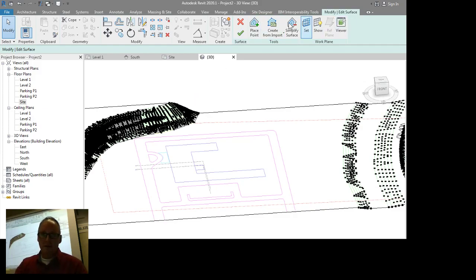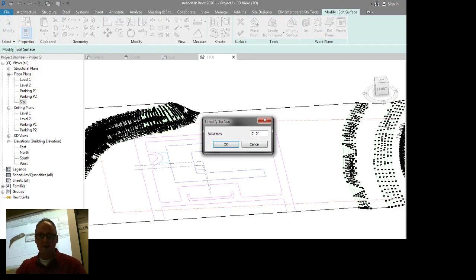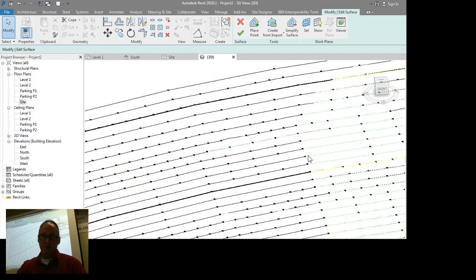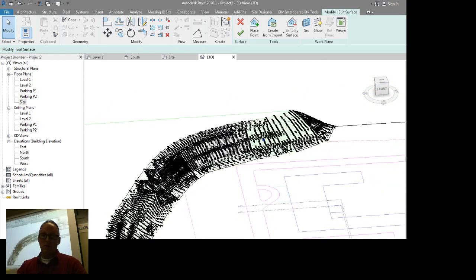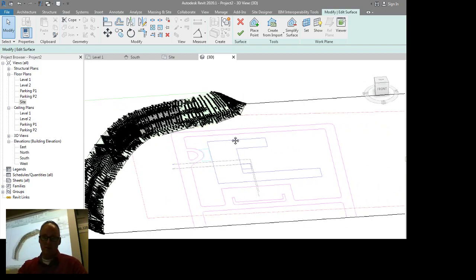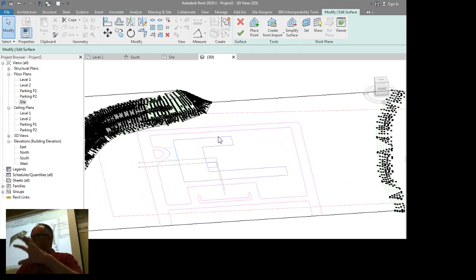So up here on the ribbon we have Simplify Surface, and what this tool does is it specifies the minimum distance that you want between these black dots which define the topo surface. Now, when you're orbiting around and looking at this mode right now, after you've imported the points from your surveyor and your display is kind of slow and chunky, that means you've probably got more data than you need from